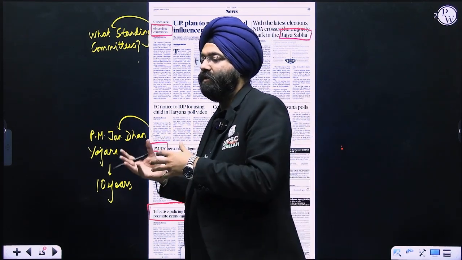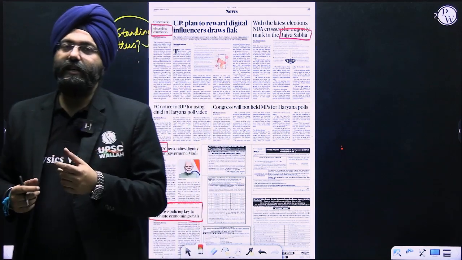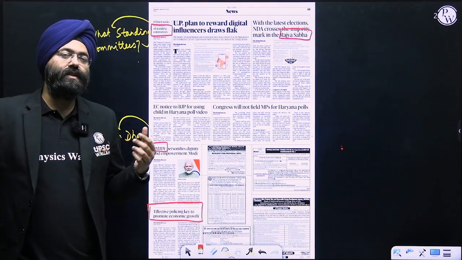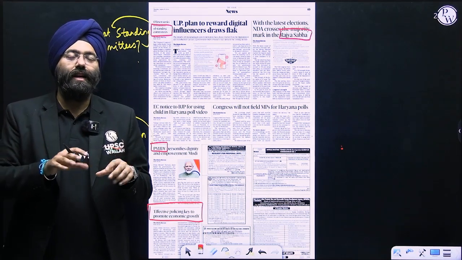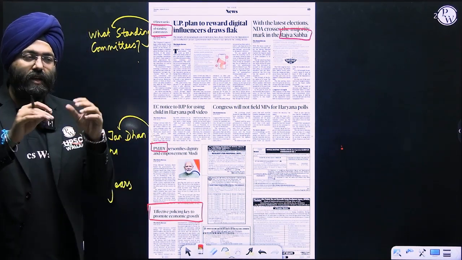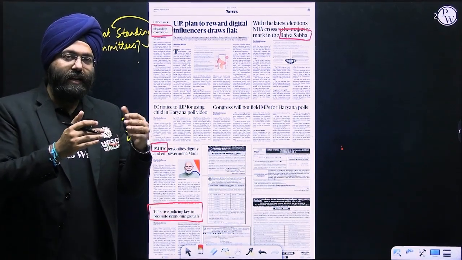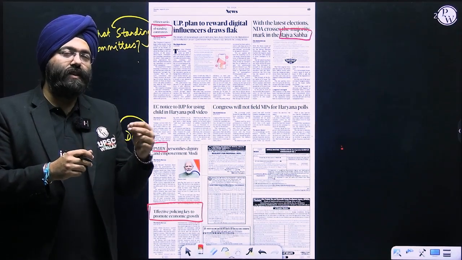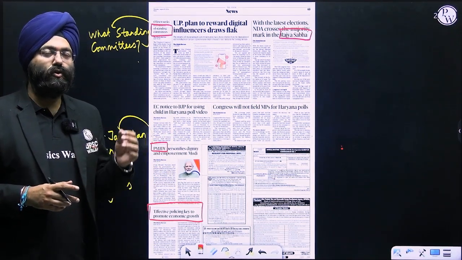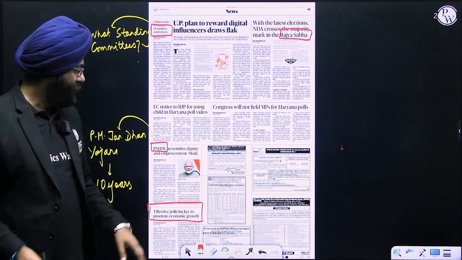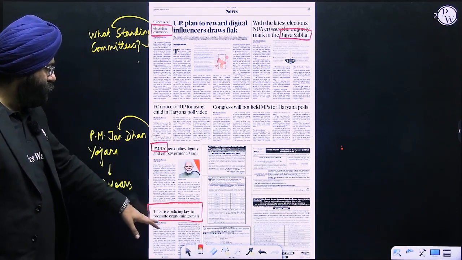Yes, again, because it is major news, it will be covered in the monthly magazines. But as a person who is reading the newspaper, have a laptop and Google with you. Just read what the components are, and whether there have been certain issues or not. That makes you a better aware person, because this will again be asked in your examination, not only preliminary but also mains. Next, effective policy key to promoting economic growth.